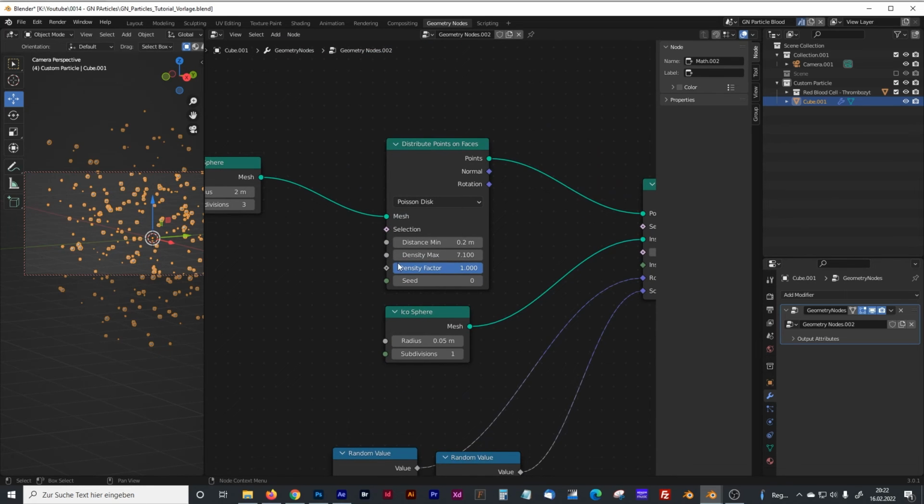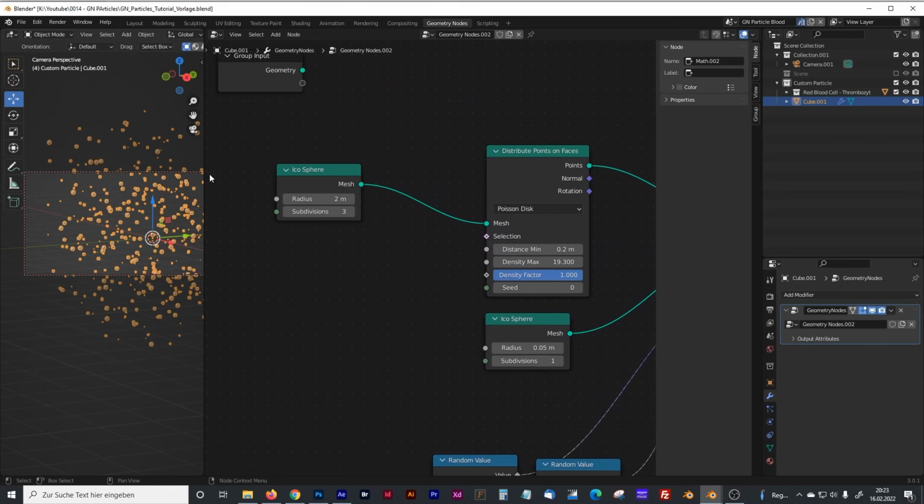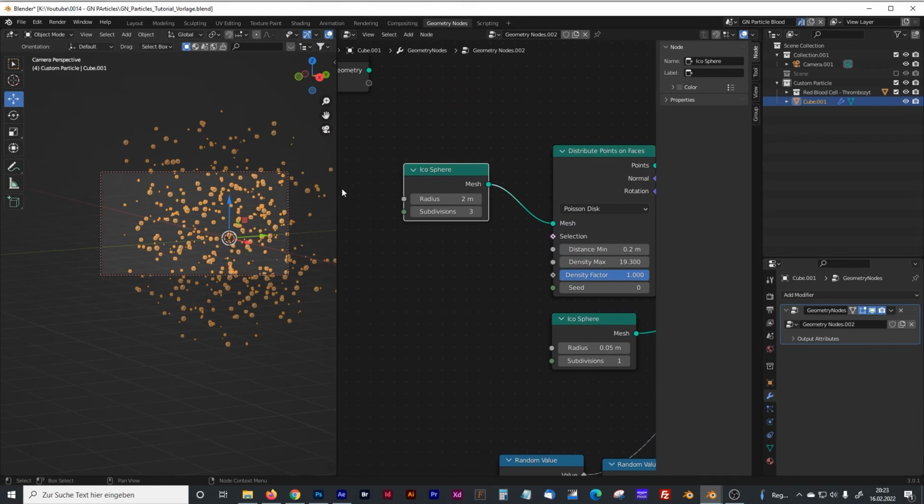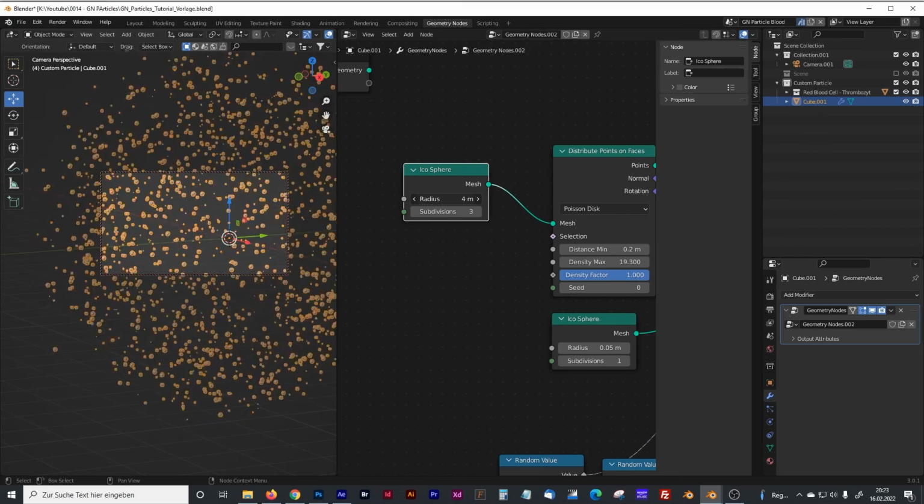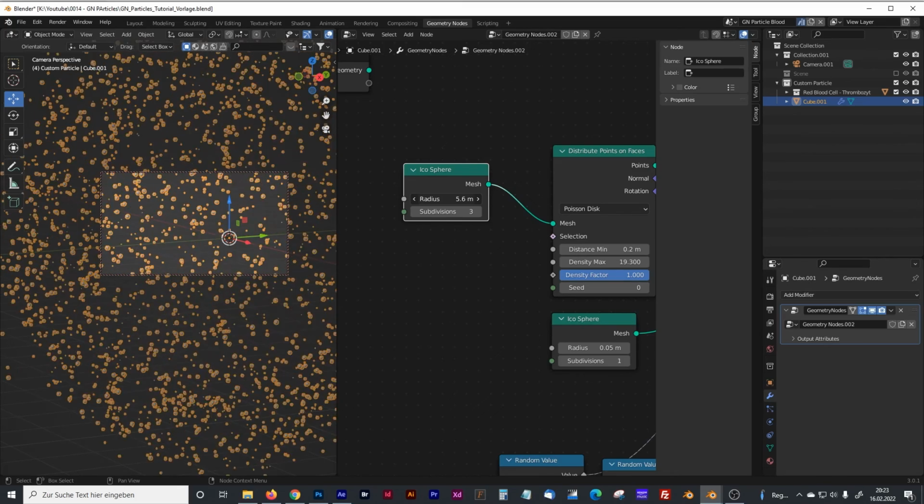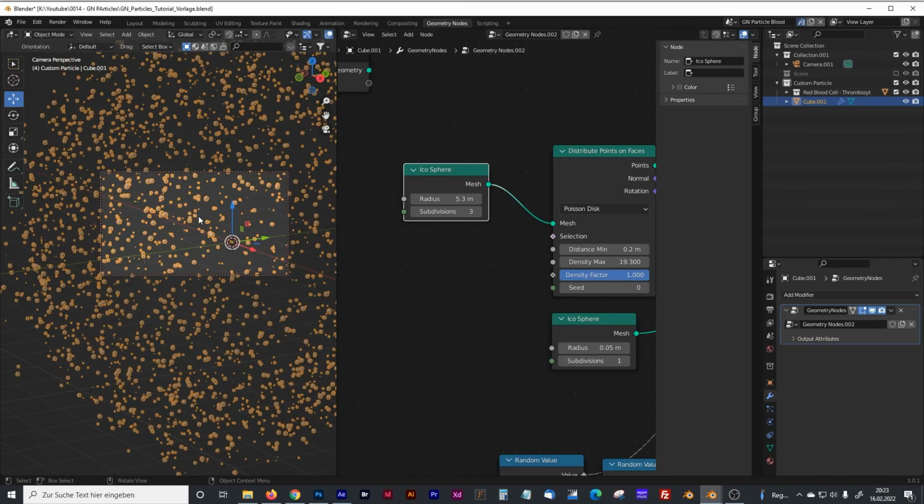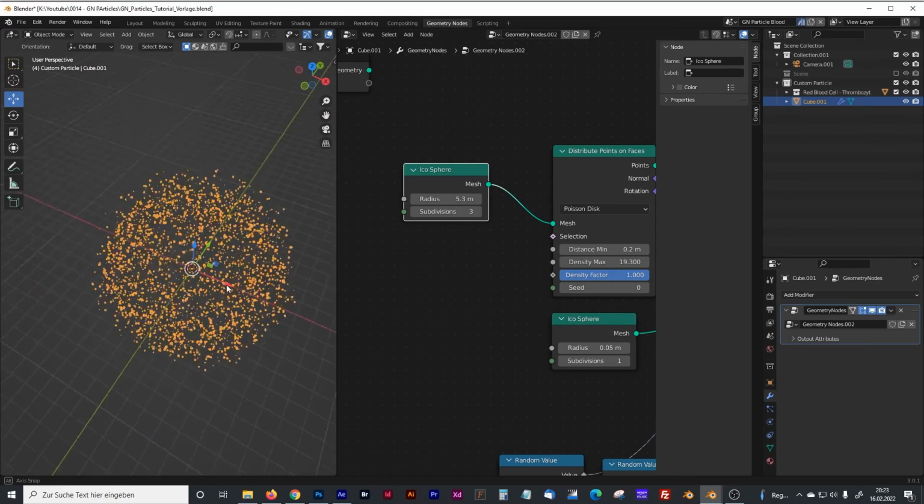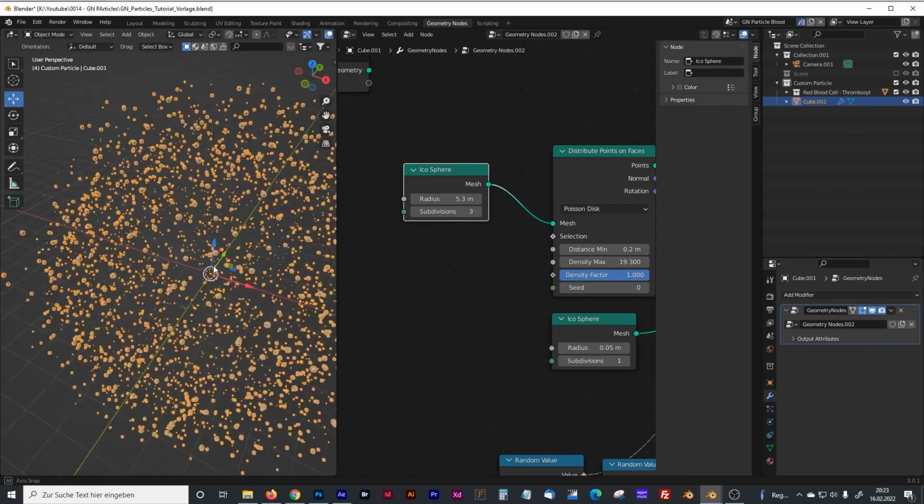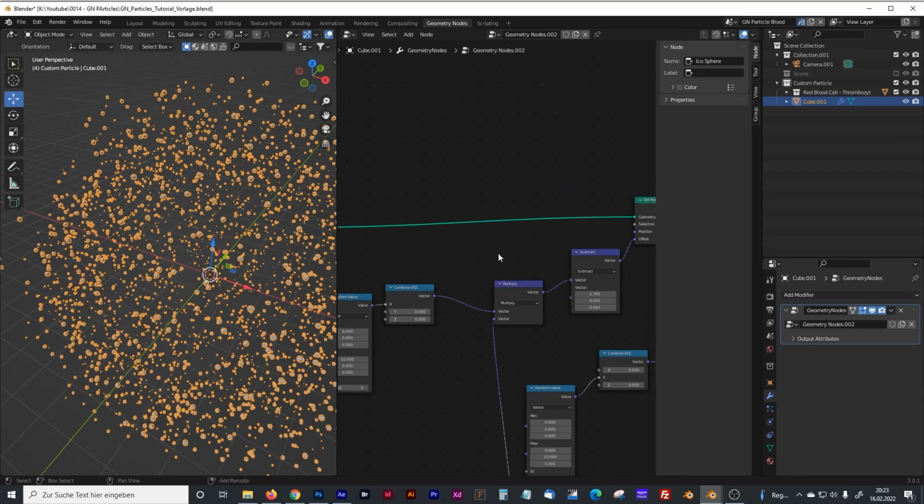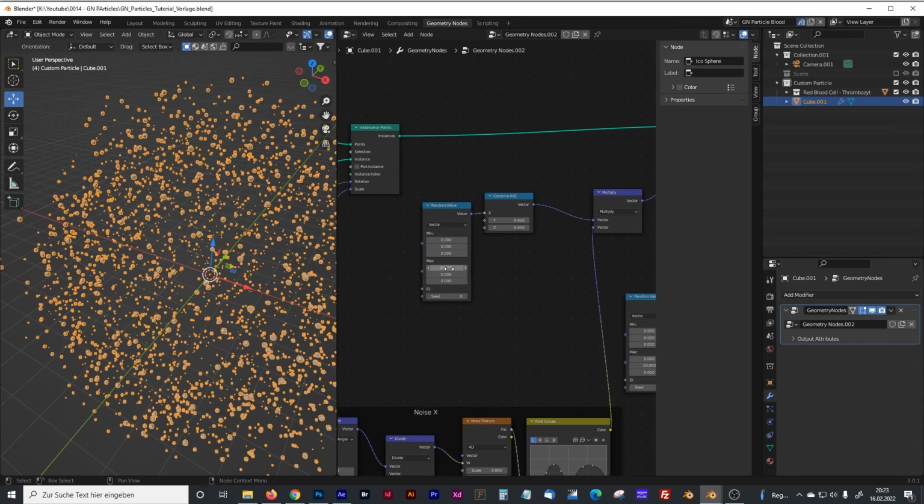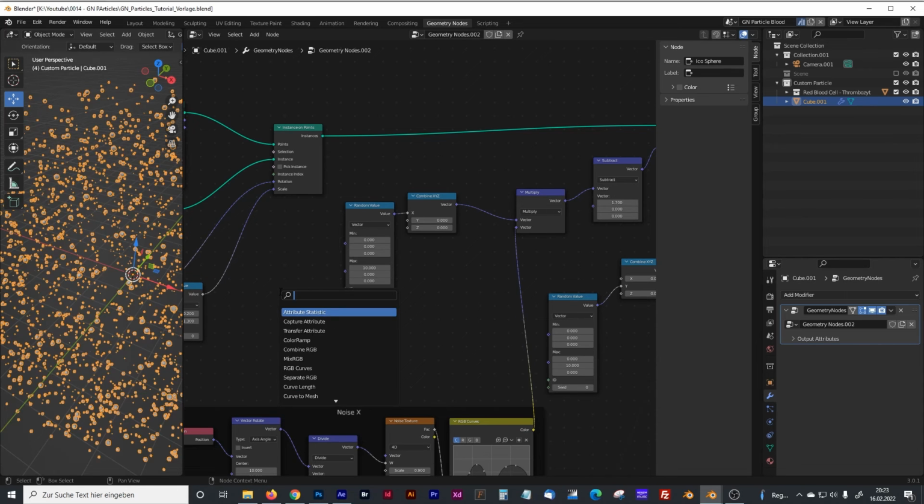Now you can change your density with that value. You can change the overall size with the radius of your sphere. If you make it too big, you will realize that inside your sphere there are no particles. That's because your scattering is too low, and you can change this by maybe adding another value and plug that right into